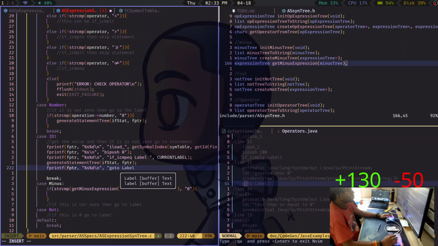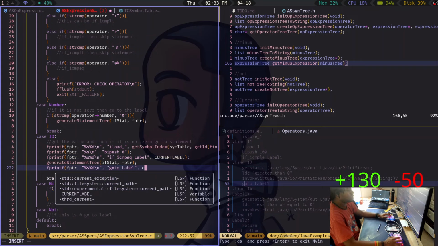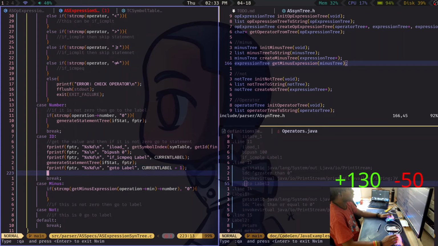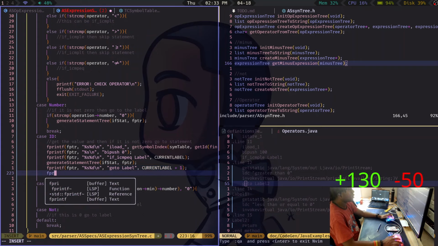Oh, this actually has no space. Real quick, is everybody labeled? And then this is current label plus 1. Okay. Then, oh my gosh, this is long.